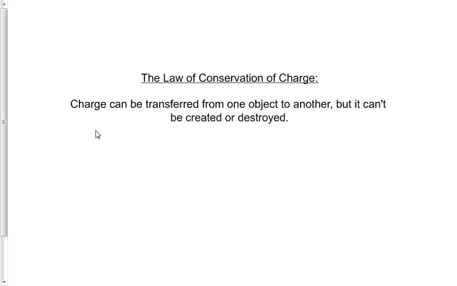In the end, when charge can't be created or destroyed, it allows us, among other things, to figure out what charge becomes after I touch two charged objects together. Let's say, for instance, that I